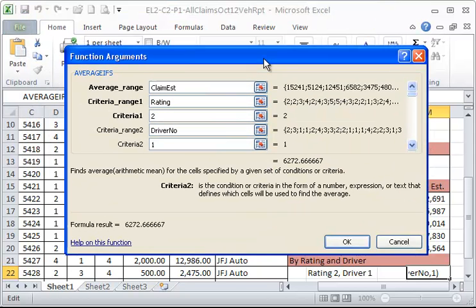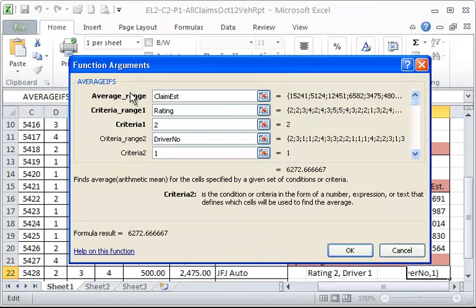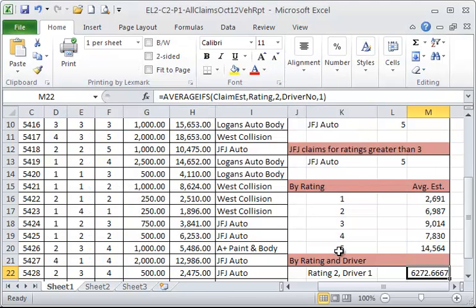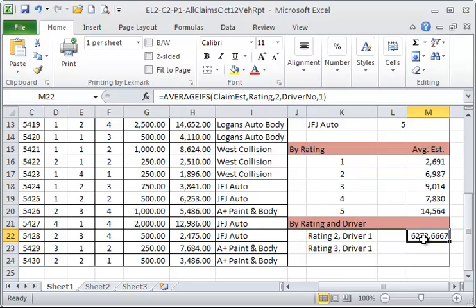Okay? So again, this one is a little bit different. Notice when we did the average if, when there was only one criteria, the average range was at the bottom. So you really need to be careful. Watch what the label is on the left and then put in the appropriate range of cells or the name of the range of cells. Okay? Alright, so the average claim estimate for a customer with a rating of 2 and driver number 1 is